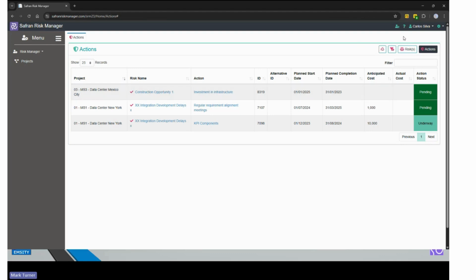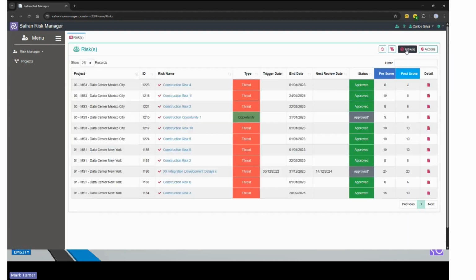Okay, so what I would also like to say is we need to be able to not only just see our data and update it, but we also want to review it as well. So in order to do that, Carlos has the ability to turn on individual risks. So you can see the risks will appear as tabs at the very top of the screen.